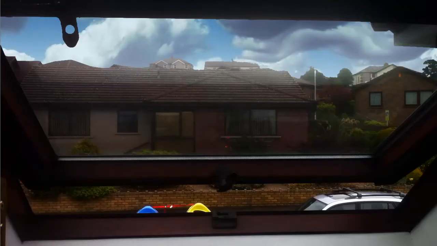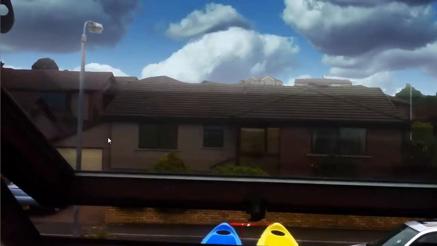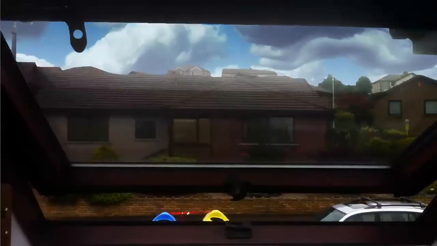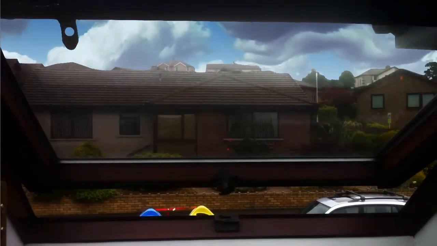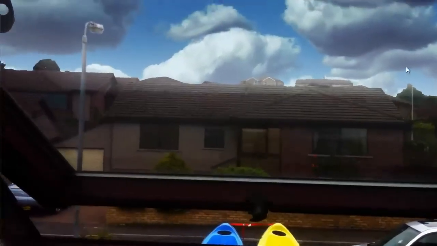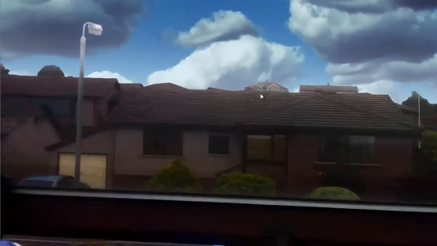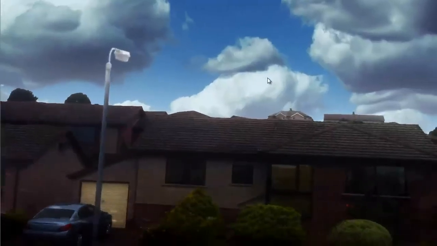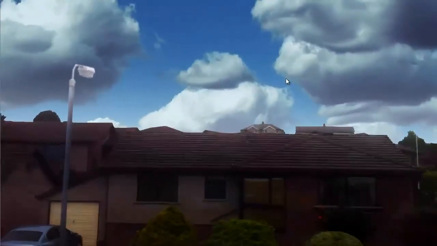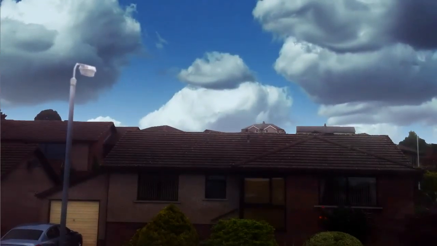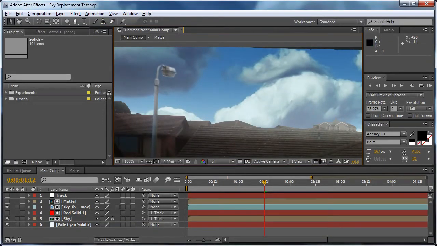Okay, so I made a few changes and I rotoscoped out the lamp, like the lamppost, like you can see here. And I fixed the tearing we had in the background as well. So this is what the amended version looks like. And you can see I also added some turbulent displacement to the clouds here. So back to After Effects. By the way, I have recorded this after the original tutorial, so that's why it might seem a bit out